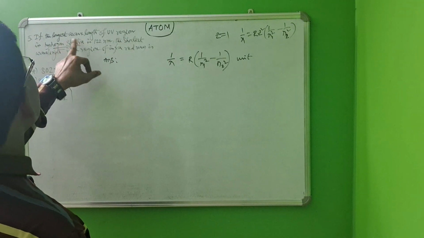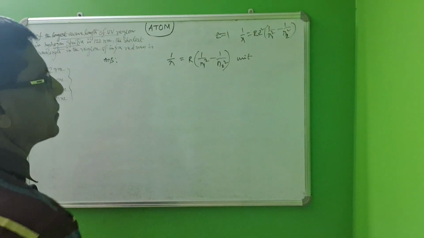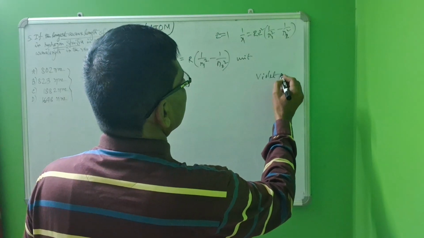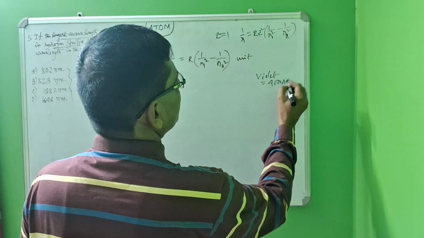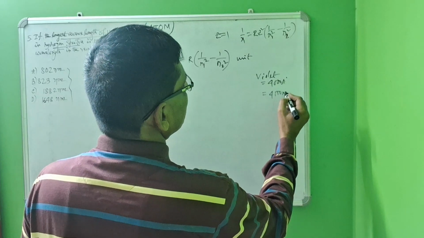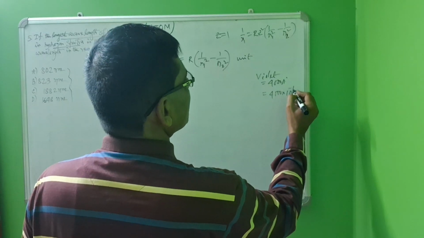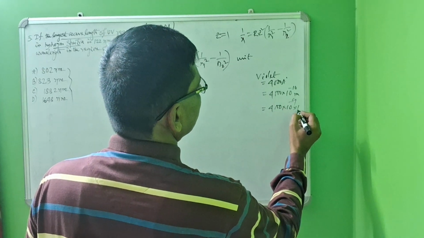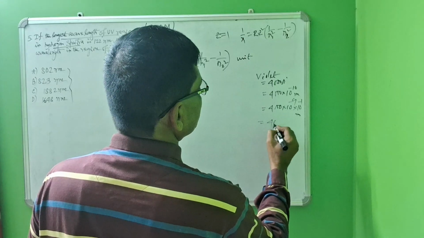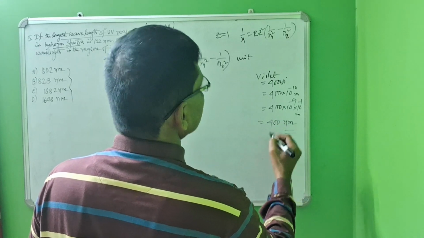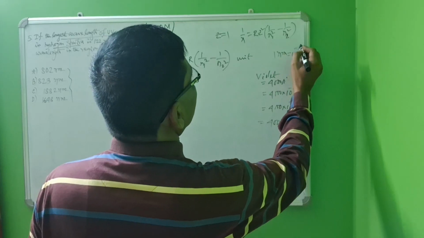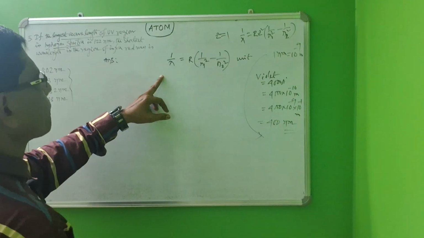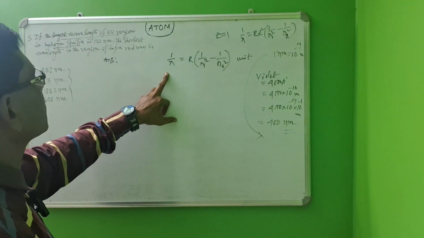Here the question arises as the longest wavelength of the UV region. UV region means the ultraviolet region. We know for violet the wavelength equals 4000 angstrom, which is equal to 4000 into 10 to the power minus 10 meter, equals 4000 into 10 to the power 9 into 10 to the power minus 1 meter, equals 400 nanometer, because 1 nanometer equals 10 to the power minus 9 meter. So the wavelength should be beyond this value